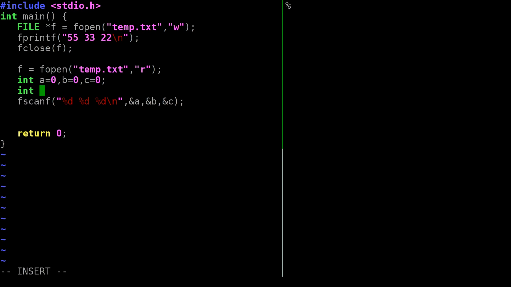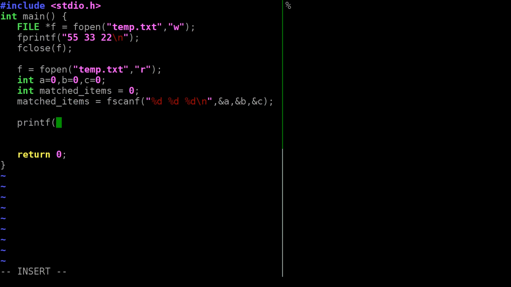And I'm going to say matched items equals 0, and then we're going to get the number of matched items from fscanf so you can see what it does. So we can say fscanf matched items